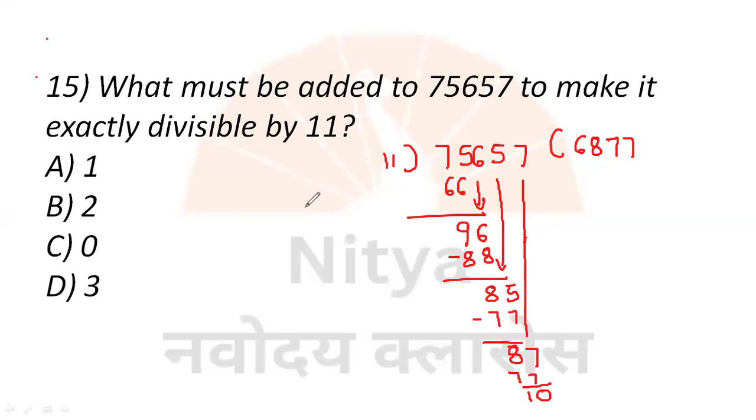So the question is, what must be added to this number so that the number is exactly divisible by 11? So 11 minus 10, that is 1. So the answer will be option A, 1. When we add 1 to this number, it will be exactly divisible by 11. This is one method. When we get the remainder, you take divisor minus remainder, and what you get is our answer. And the second method is,